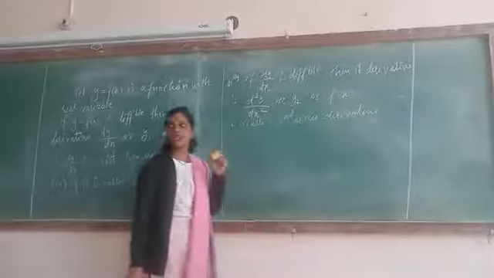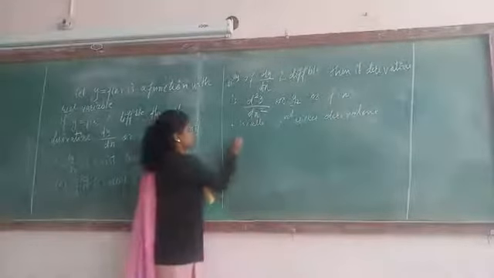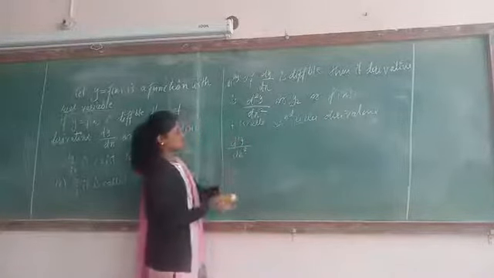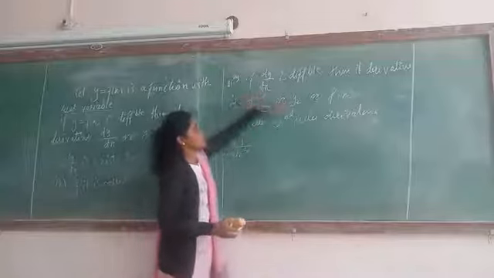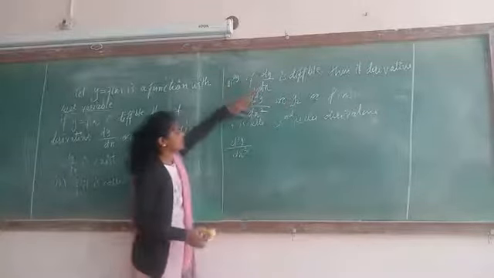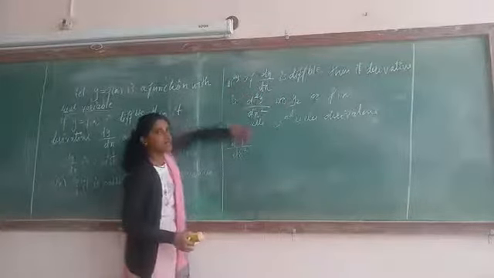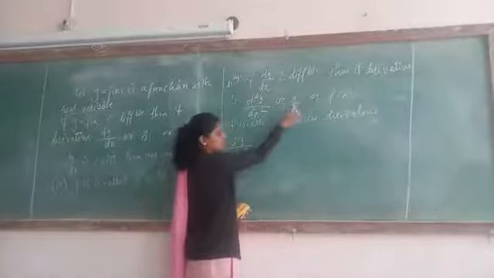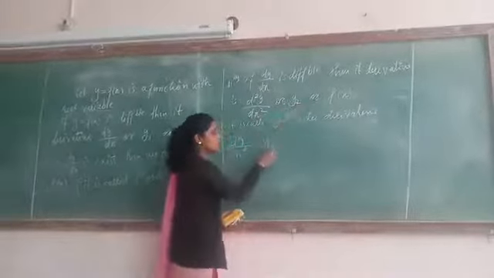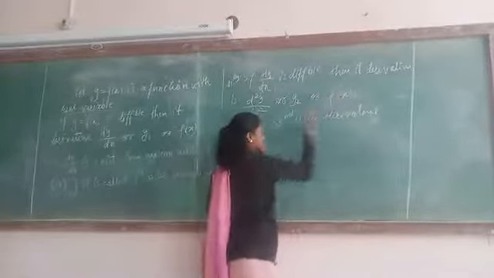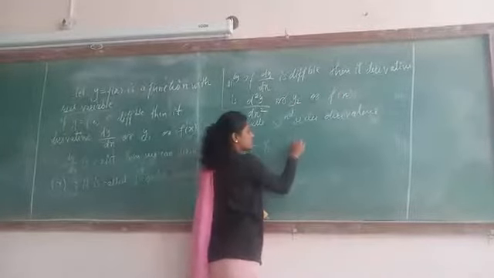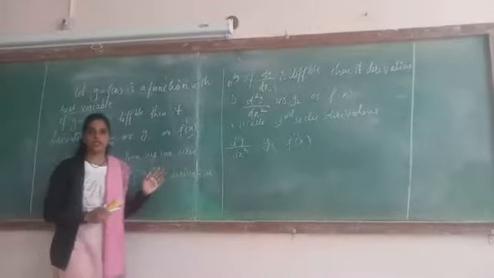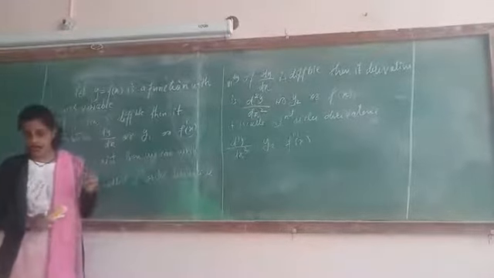Similarly, for the third order derivative we get d cube y by dx cube. Third order means we have to differentiate these terms. If we differentiate d square y by dx square, we will get d cube y by dx cube, or we can write the third order derivative. If we differentiate y2, we will get y3. If we differentiate f double dash of x, we will get f triple dash of x, and this is called the third order derivative.